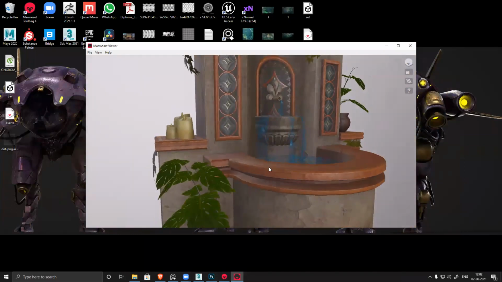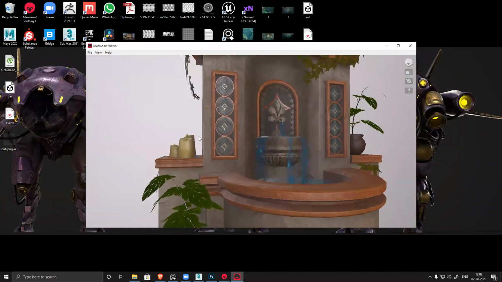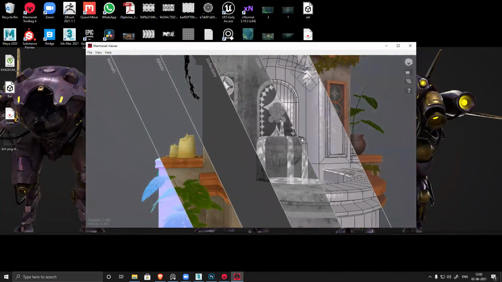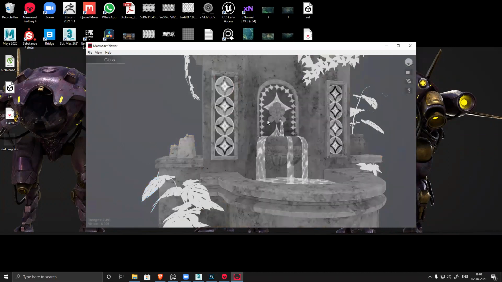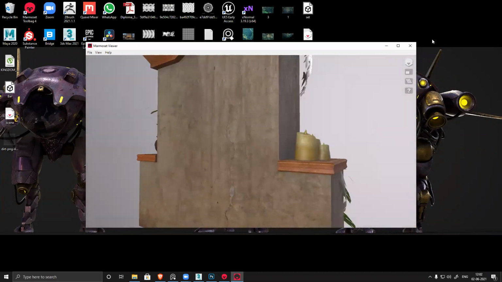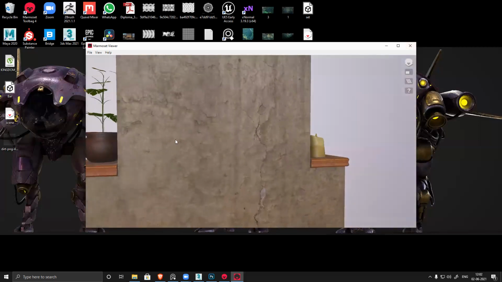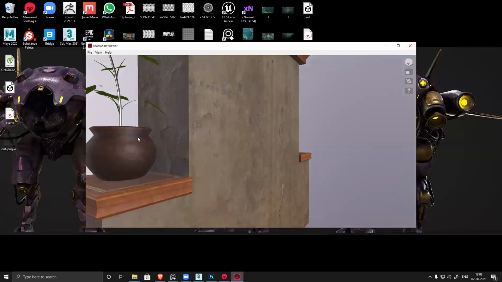Should load. Alright, it's not loading automatically. Okay, it's not loading. I guess I messed up something. Oh no, it's loaded, right? It became glossy. See, everything became glossy.